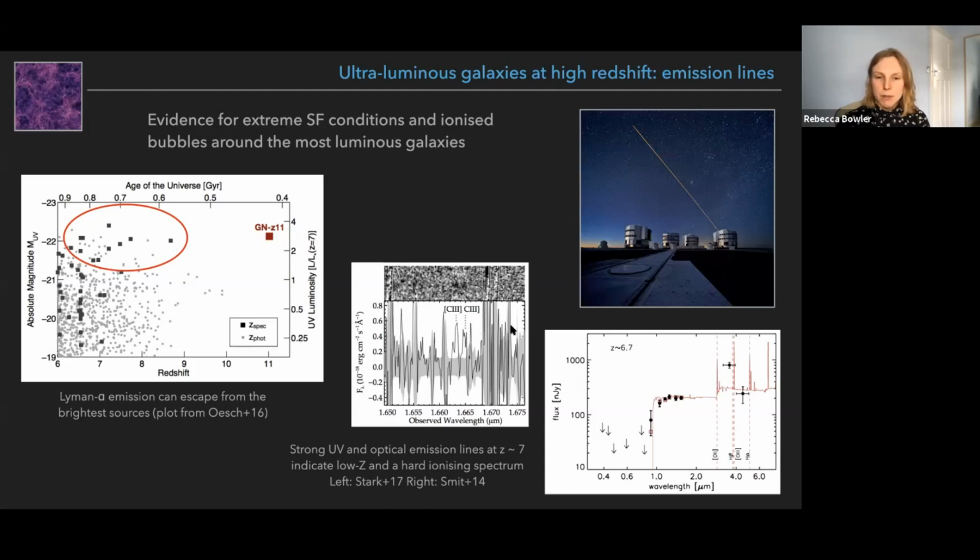Other detections of emission lines, so you can kind of see from this middle plot here how challenging this is. This is a very high redshift galaxy. It's very faint, and the emission lines are also very faint. So you can see it's really, really difficult to do this kind of work. But when we do find emission lines, this is really fascinating because it allows us to look at the ionization conditions of the gas that's producing these lines. So for example, the metallicity, also the hardness of the spectrum that's causing these lines to be produced. And what this has suggested is that these objects are low metallicity and they have a hard ionizing spectrum, which is again what you'd expect for kind of quite pristine stars at high redshift.